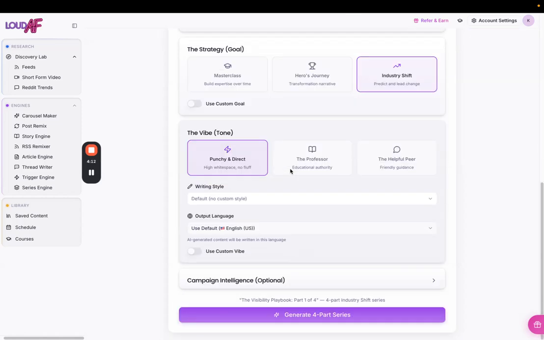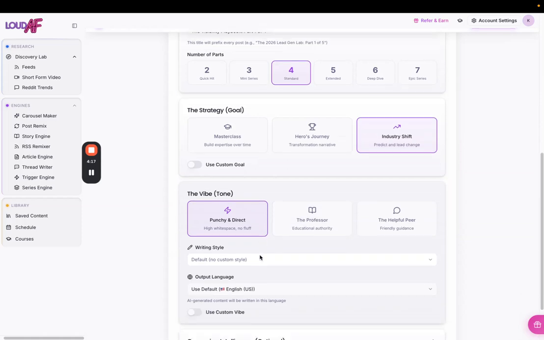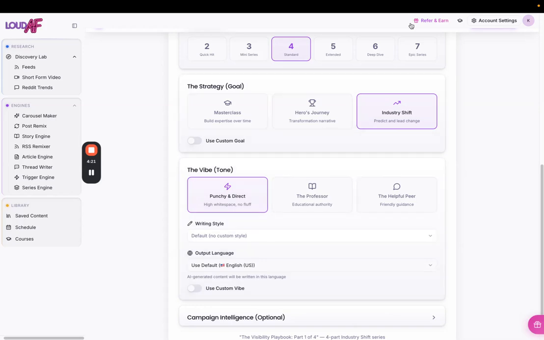And then over here is the vibe or tone. In here, you can select your preferred tone or the language that you want for this series. It can be punchy and direct, so there's no fluff at all.